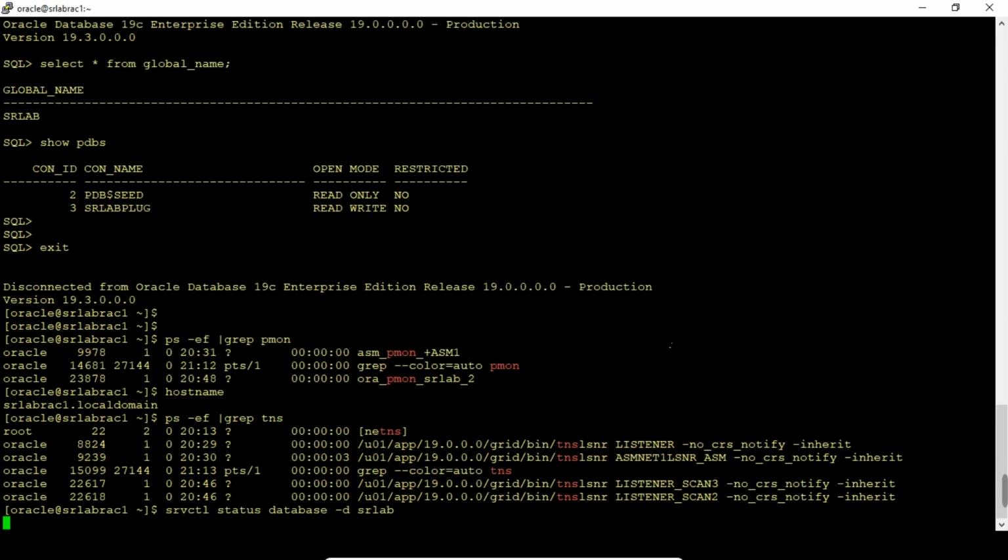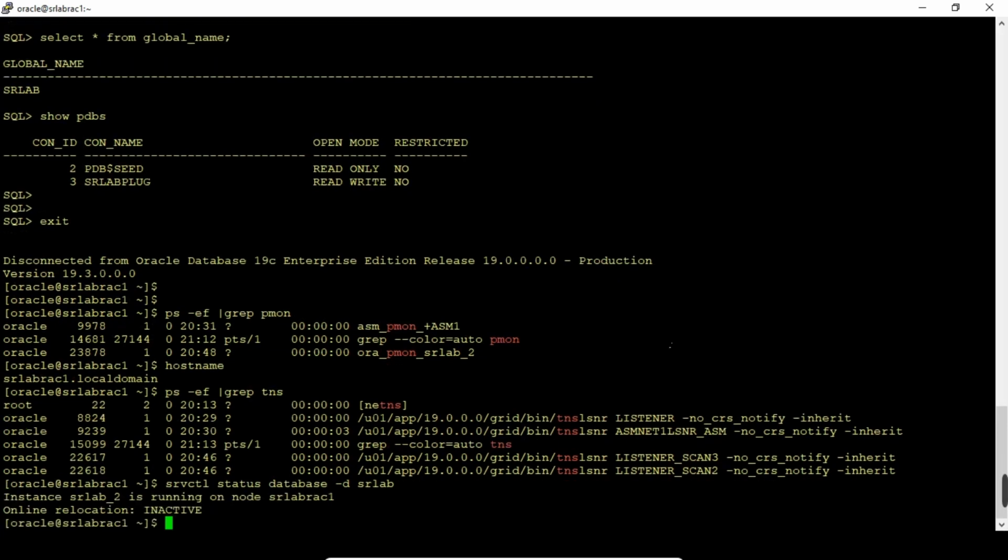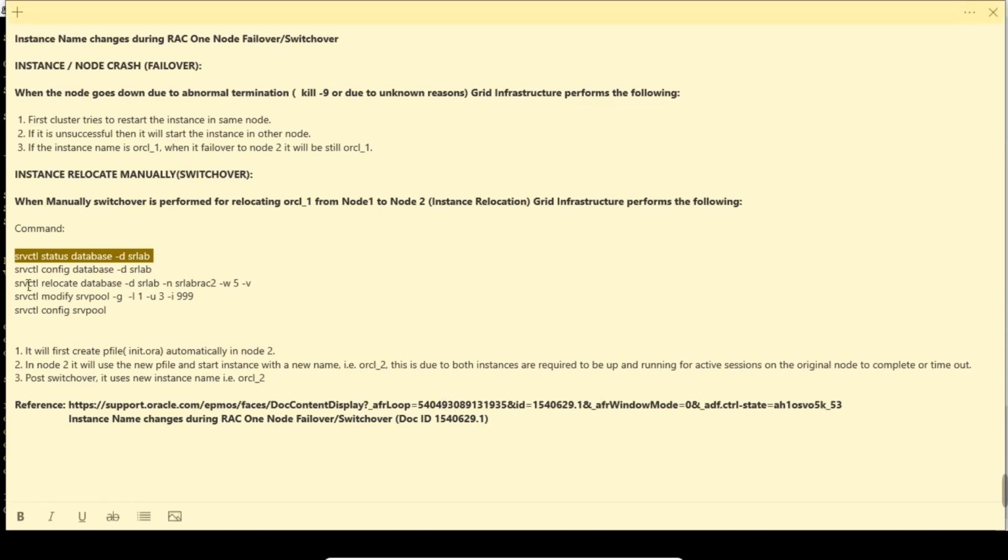We can relocate the services. Let me go ahead with this one. Now I am going to relocate the database services, SRLab rack 2. I am performing this one.